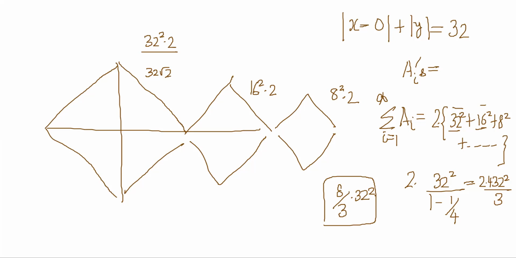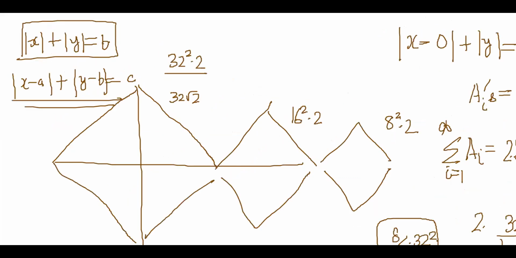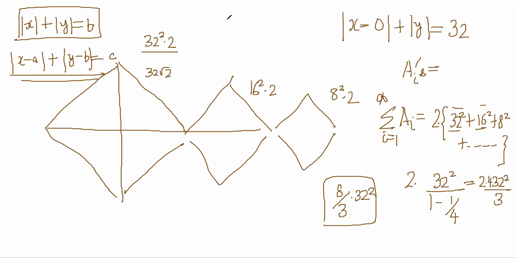You understand? So the mistake there was in the plotting of the graph. I had made a mistake, I was rushing. But here, what you have to do is think of it as a version of this graph. If you have x minus a plus y minus b instead, that just means you have shifted your origin to a comma b. So it's the same graph in a new axis. Area doesn't change after shifting the origin. First, are you understanding?